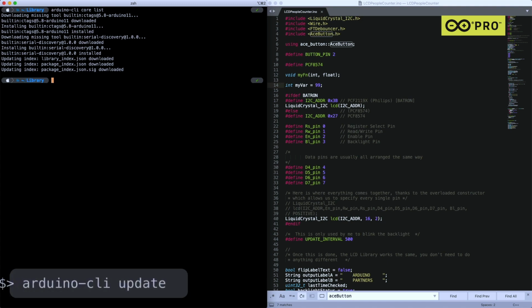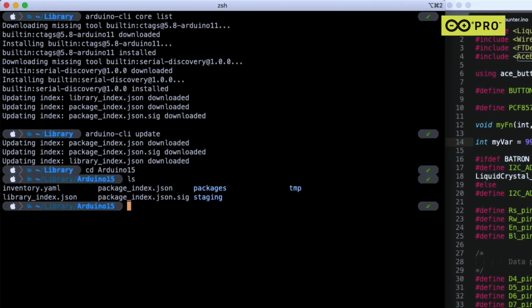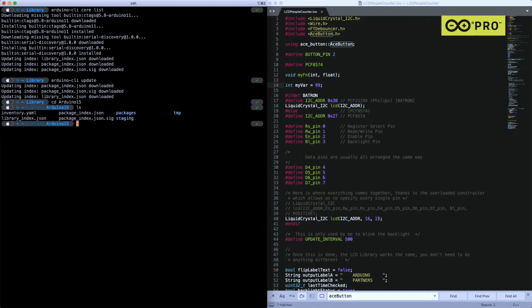A while back we introduced this Arduino CLI update, which basically downloads the package index.json, the signature, and then the library JSON. So you have an up-to-date list of available libraries in our repository. And what's really nice is that right now my Arduino 15 folder has been created for me at first launch. So I can go in here and this is where basically everything that makes the Arduino CLI tick is in this folder. So I'm going to go to my sketch folder